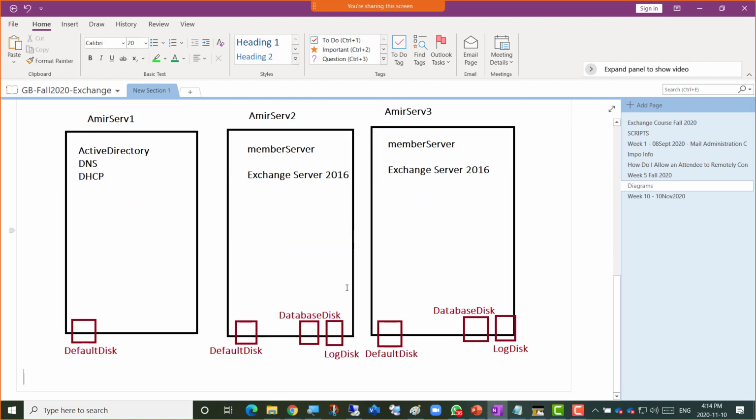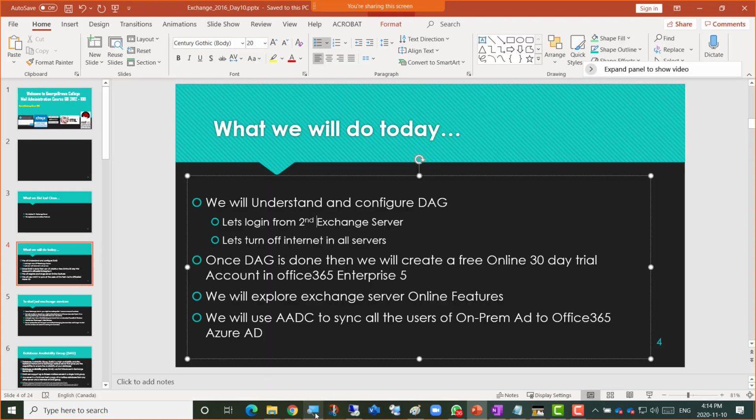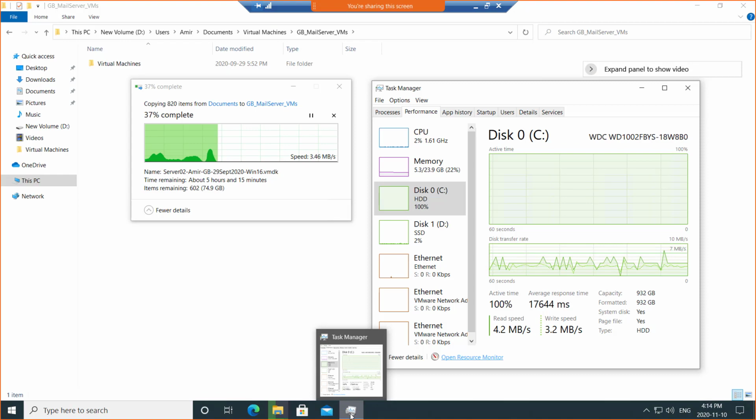because as soon as the machines are done copying to the other drive, I'll just continue with the DAG concept. It's not a short topic, but once you understand it, when you join any company, you will have this already configured. You will have to troubleshoot that, and if you know the inside out of it, obviously you will be able to troubleshoot that too. So while the machine copying is going on here,